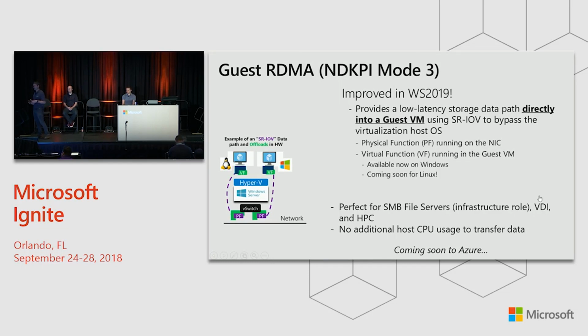These two features I really want to call out. We've done a lot of work with the open source community to make sure they run not only for Windows, but also for Linux on a Hyper-V host. So Windows and Linux both get the benefits I explained earlier about RSC, Receive Segment Coalescing, and also this guest RDMA. And we have check-ins pending in the upstream Linux kernel distro to make this work in the Linux kernel.